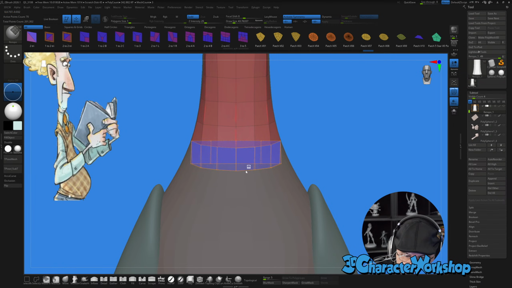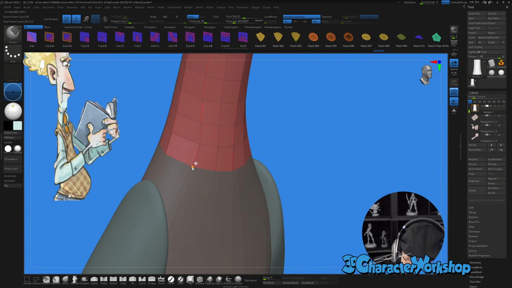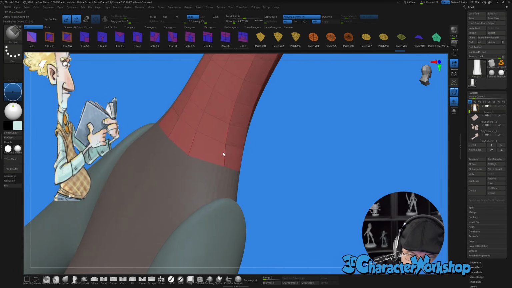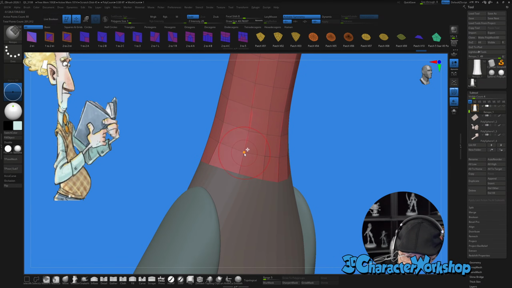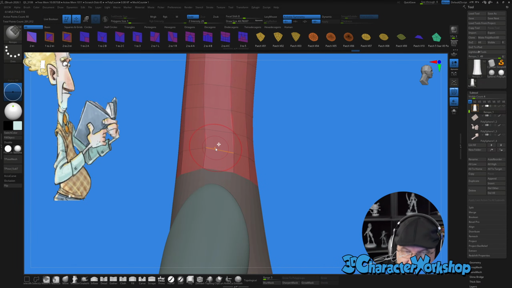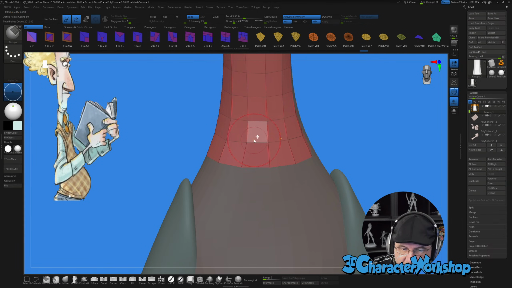And we can pull this down. But see how it's kind of, I wonder if I can do it like that. There it goes. There, it didn't weld. Okay. I guess just be careful when you're dragging that down that you don't accidentally split those lines when you're doing a symmetry. You could have used ZModeler to extrude from edge loop to make those too, right? Yeah, you can, but they don't snap to the surface as well.